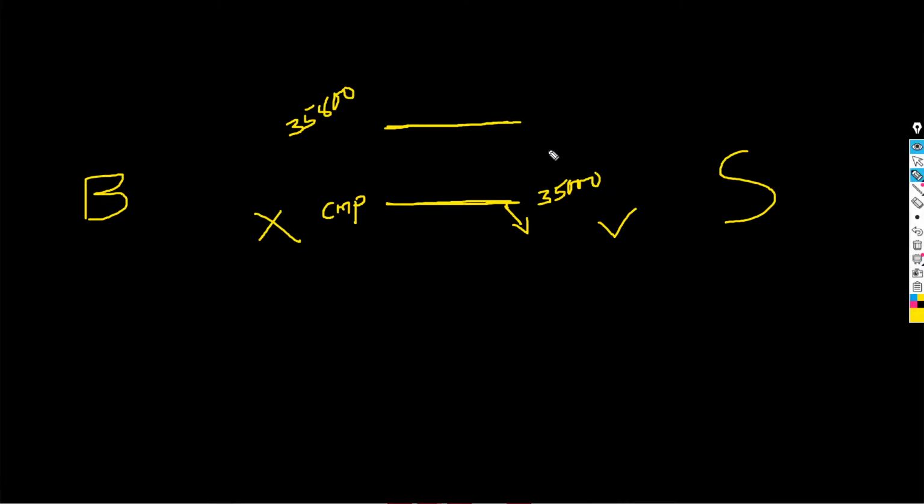Seller will win here. Second thing, let's say the market stays where it is. You bought when the market was standing at 35,000, you bought at 35,800, and the market expires at 35,000. You will lose here as a buyer. As a seller, you will win here. So check the permutations and combinations. Check where the edge is. So the seller has the edge.